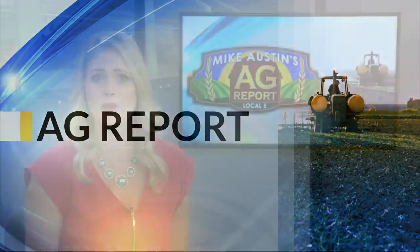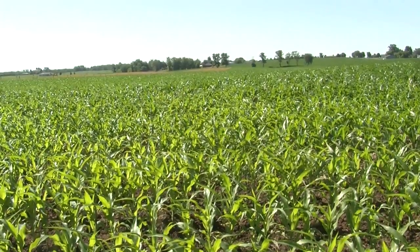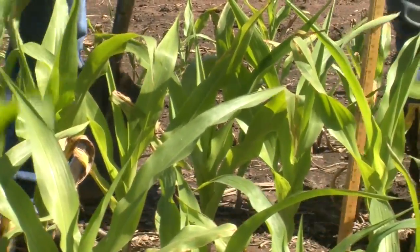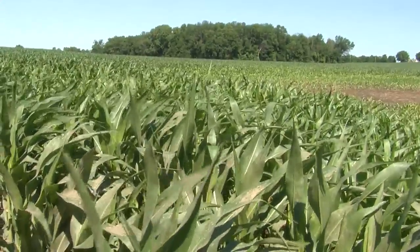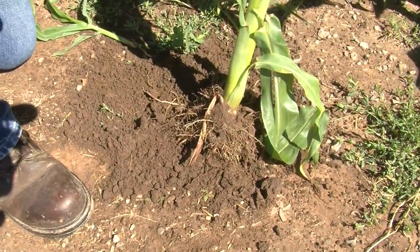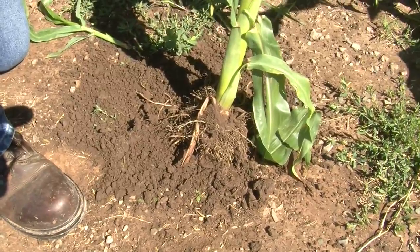Height is a traditional benchmark for the progress of the corn crop. However, Mike Austin says this year's crop needs to be judged by more than height. While traveling the rural roads of northeastern Wisconsin, you're seeing a lot of inconsistencies in the corn crop, especially in those clay soils. When we drive through a lot of northeast Wisconsin with our heavier clay soils, this is a